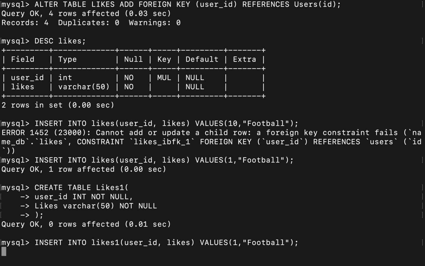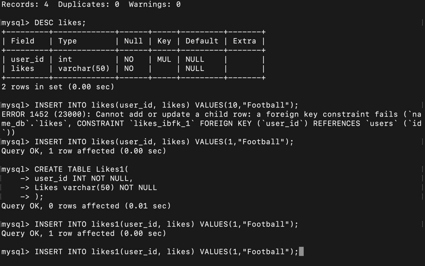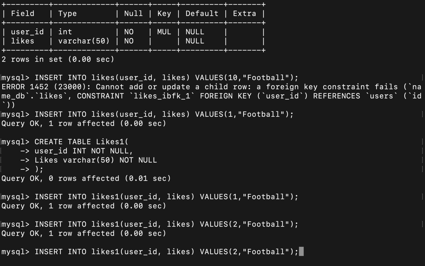Likes one, let's say 2 also plays football, 3 plays TT.